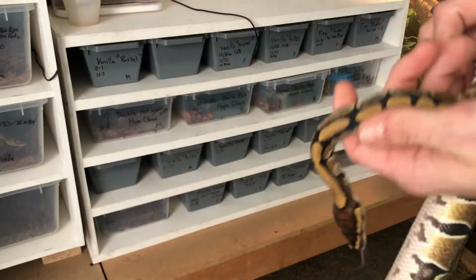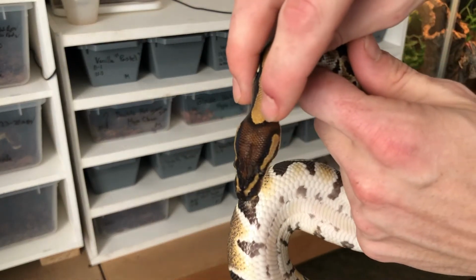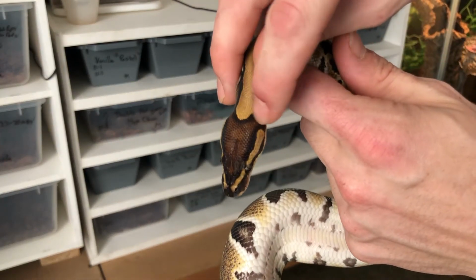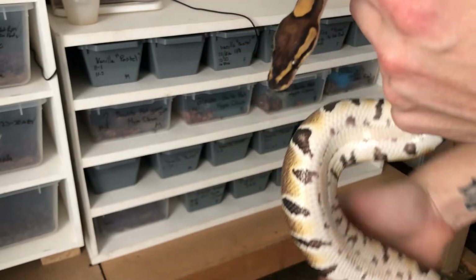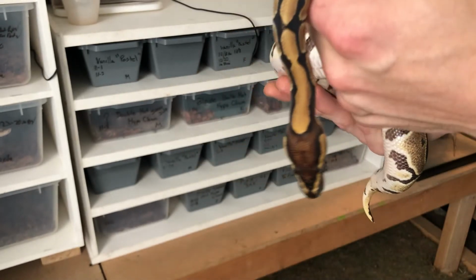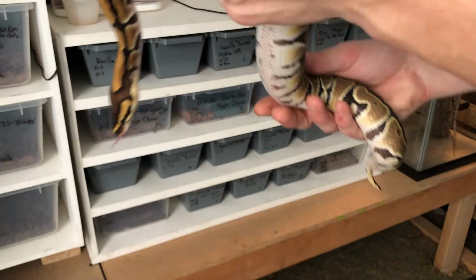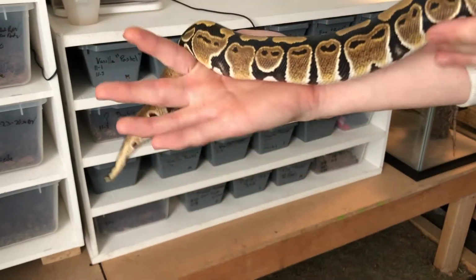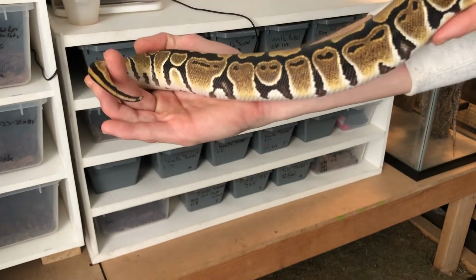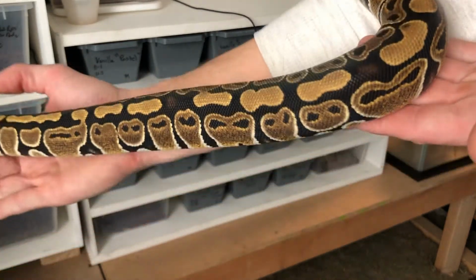With normals as well, I've noticed that these eye stripes right there, the head blushing, is not that wide. And in blades, they typically end up being wider than a normal. But as you can see, this is basically just a normal, even though it has het hypo and het clown